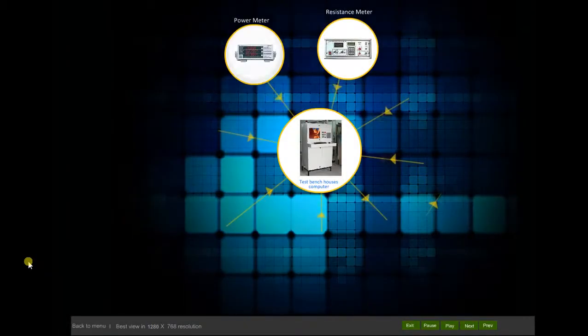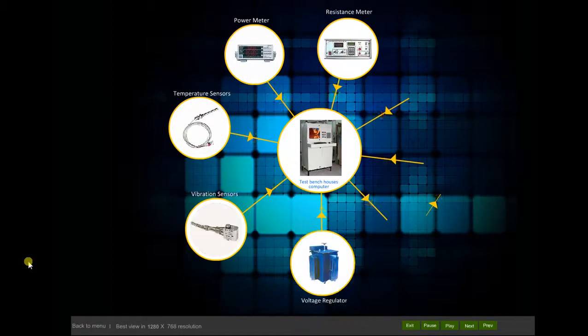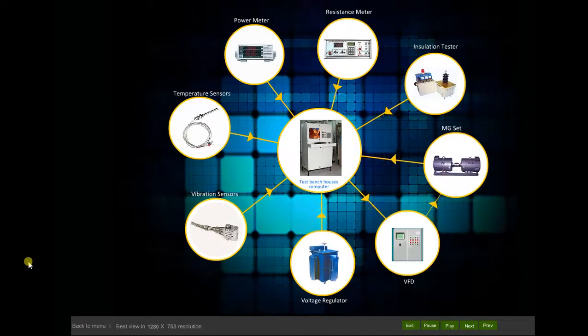This is a typical schematic of the Motor Auto Test. The test bench houses computer, resistance meter, insulation tester, power meter, and controller.